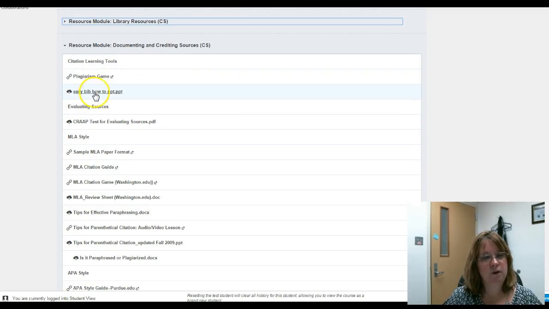So first of all, you'll notice that there's a plagiarism game. You might want to check that out. There is a link to a PowerPoint on how to use EasyBib. That's a free MLA citation tool to help you organize and set up your MLA citations at the end of your paper. What we are going to look at more particularly today, however, is how to actually integrate your sources